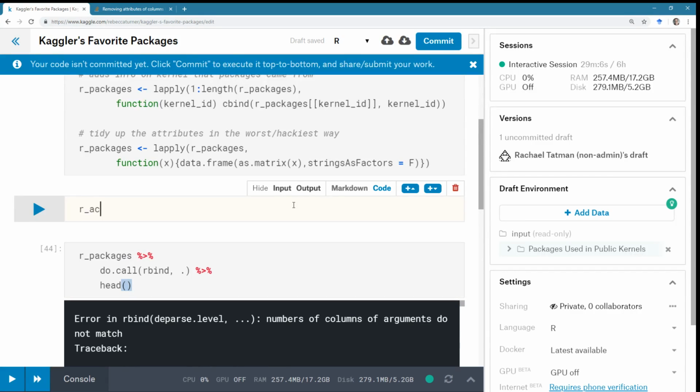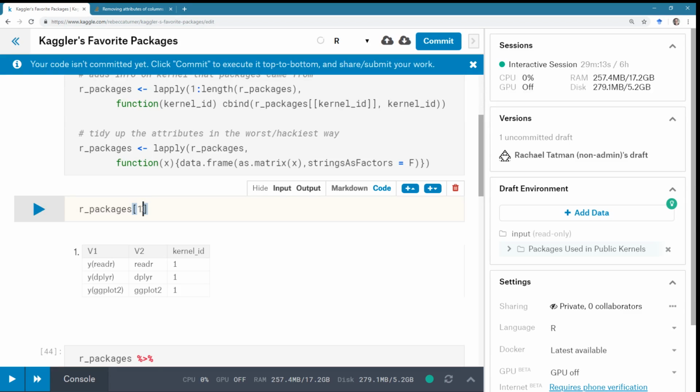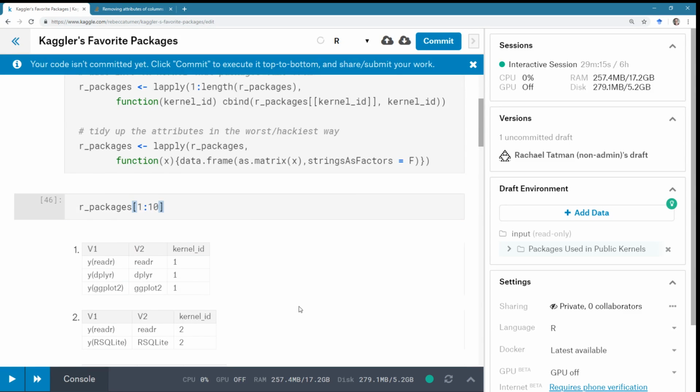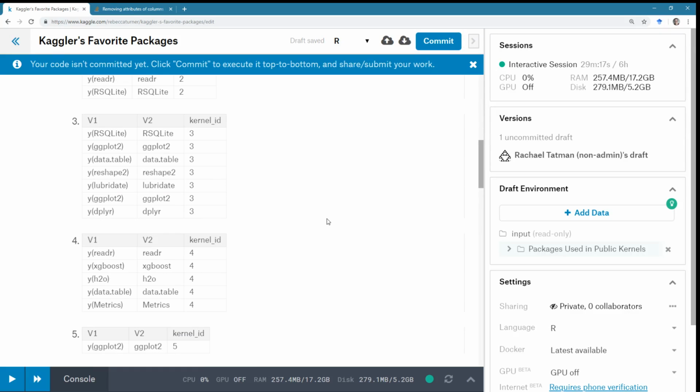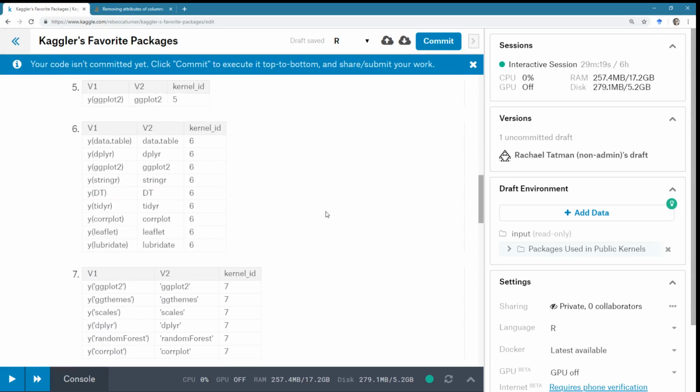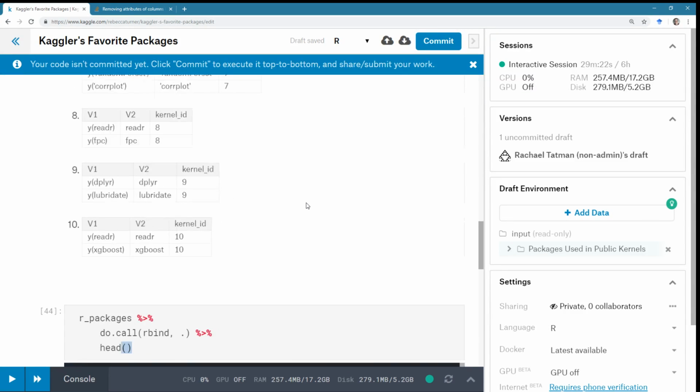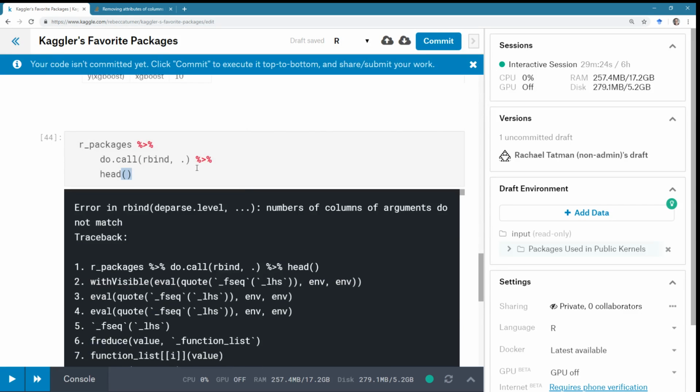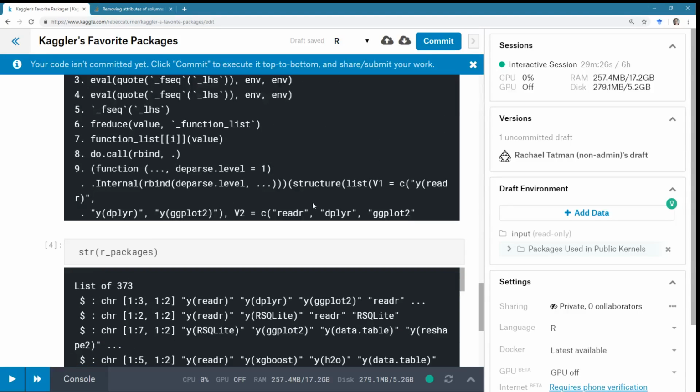All right. I thought we had solved our problem. We had not. Okay. And what if I look at the first 10? They all say V1, V2, V1, V2, V1, V2. Okay, we're doing rbind, which is what I thought I was doing.